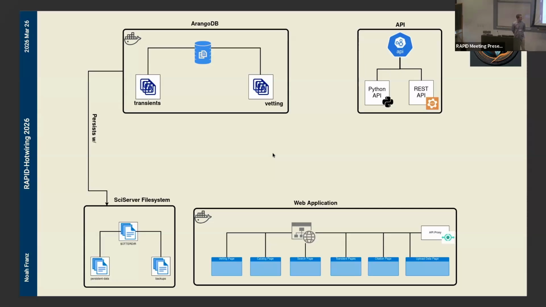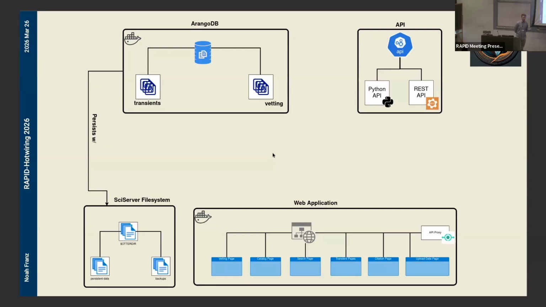In the top right, we have the API. What's nice is ArangoDB, which is the database management system we use for OTTER, has a built-in RESTful API. This is fantastic, but it requires learning something called Arango Query Language. It's this kind of abstract language to access all of the data. So to make it easier to access the data, we've wrapped this RESTful API into a Python API for anyone to be able to use quickly and easily.